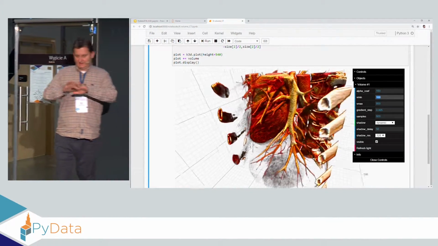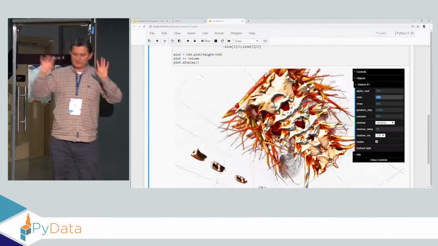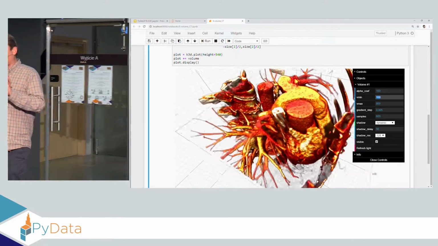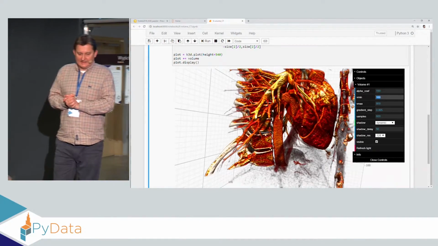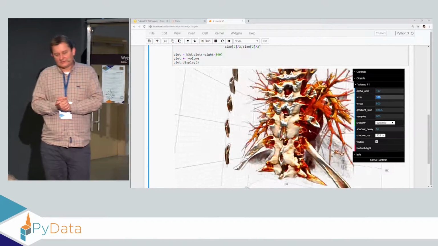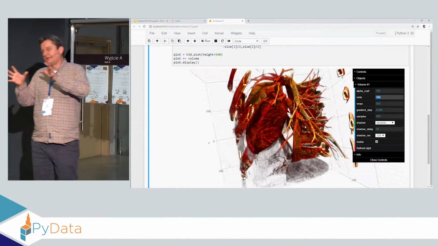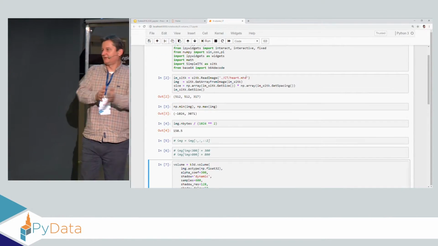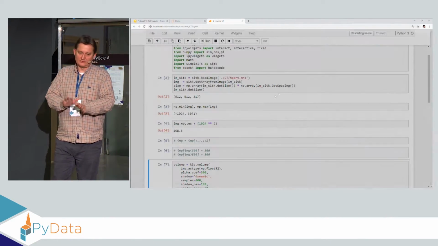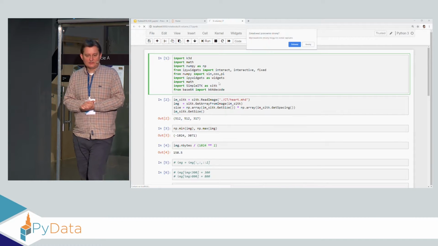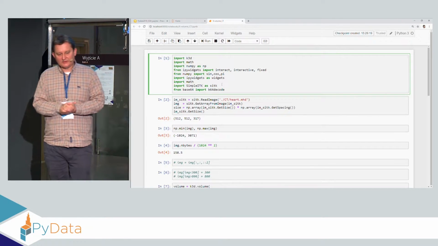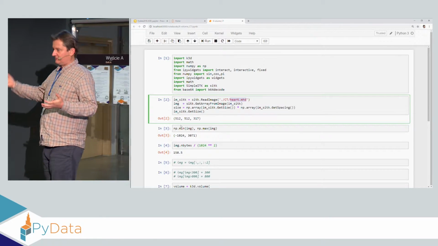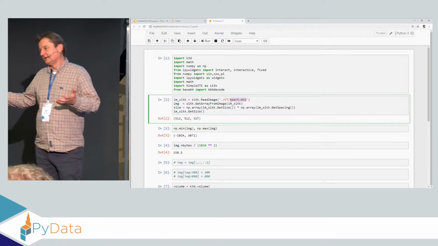So we have these surfaces that are shiny. We calculate gradients. There is a shadow, and the shadow is updated with some controls. And in this data, you can see that this is going in the direction of cinematic volume rendering. You can say, okay, this is a surface, it's not a volume, but it's really volume data. No surface has been calculated. For this volume rendering technique, the data set you can have a look at is about 500 times 500 times 300 voxels, so it's quite a lot of data.